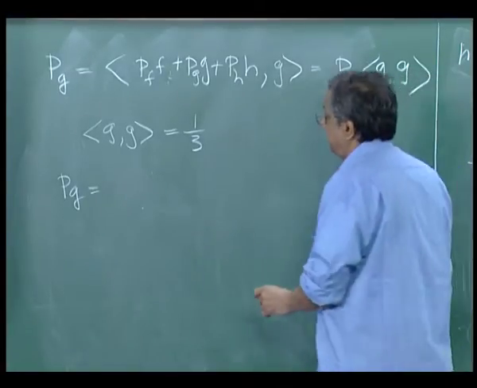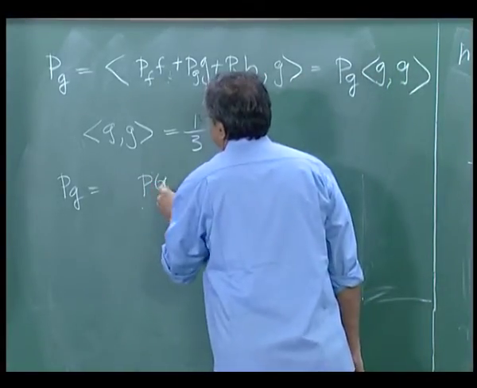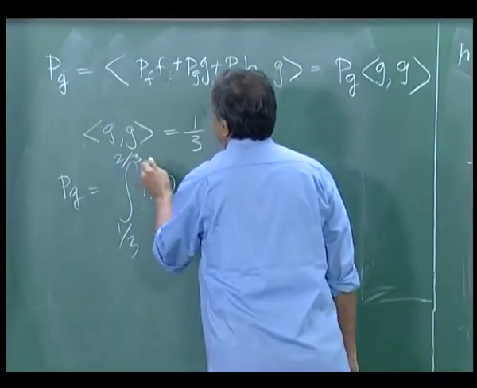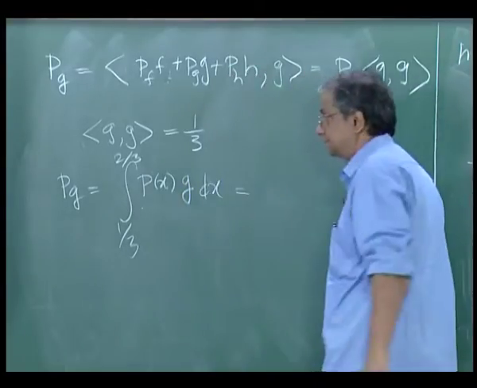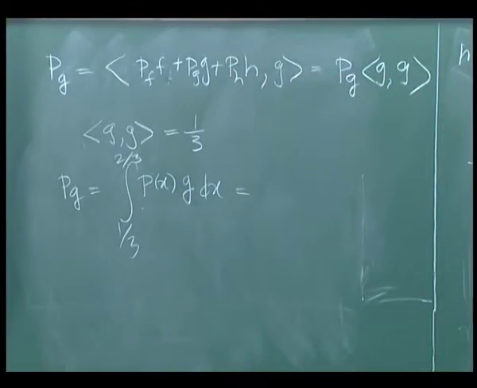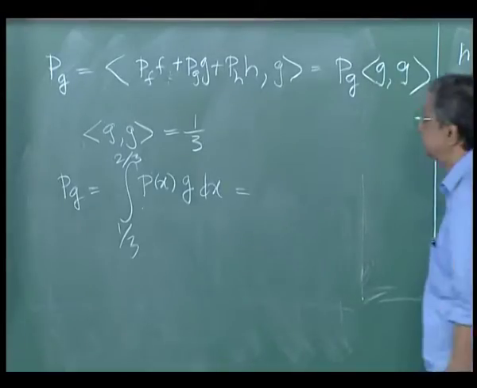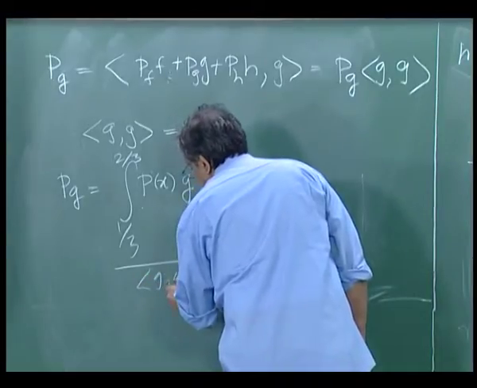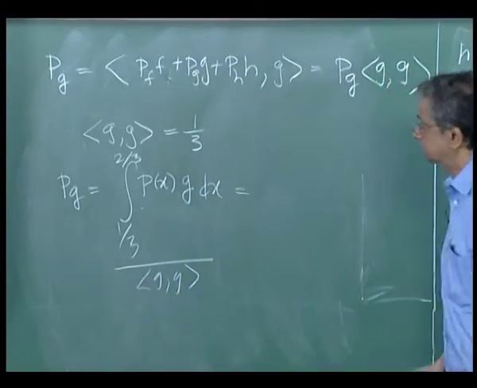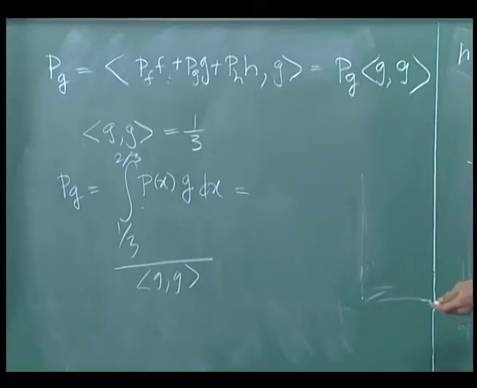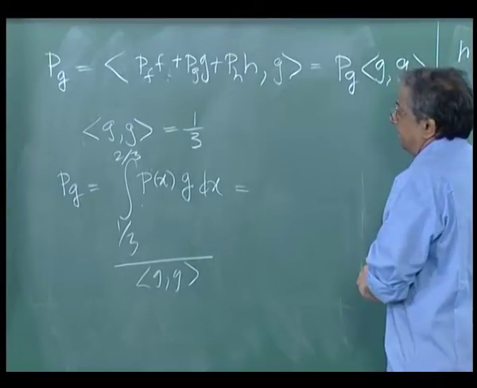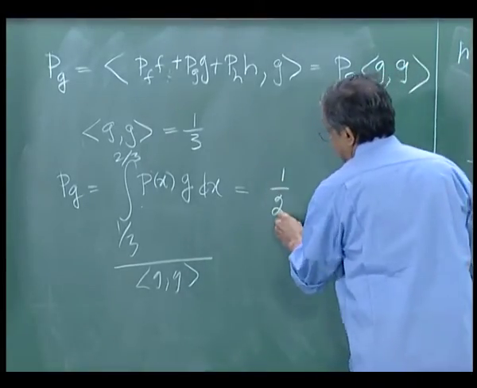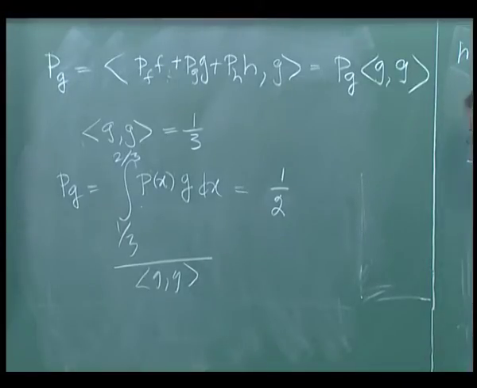So if you take P of x multiplied by g, integrate from 1/3 to 2/3 because that is where g is non-zero. Of course, do not forget that you have to divide by g dot g. What does this give me? One half. This should give me 1/2. Okay, this will give me 1/2,